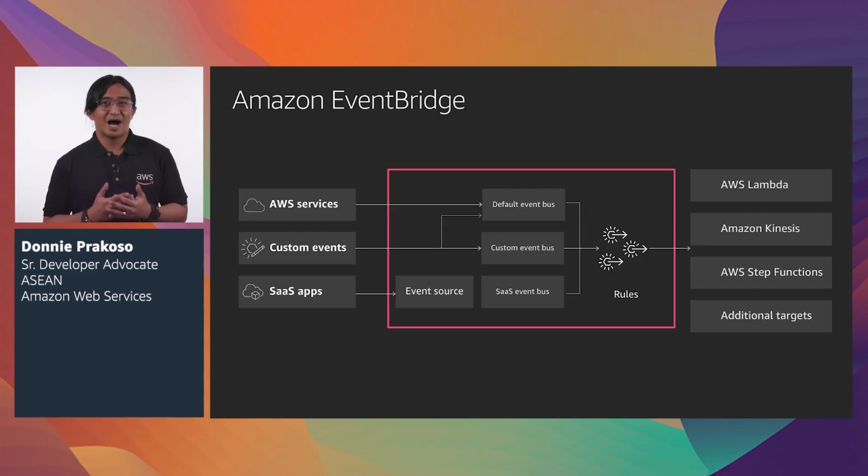So let's take a look at how EventBridge works. It all starts with an event source. This can be any one of any AWS services, your custom applications, or SaaS applications. So when you use a SaaS application integration, there is a special resource called Partner Event Source that provides a logical connection between the partner systems and your AWS account without the need for provisioning and managing cross-account IAM roles